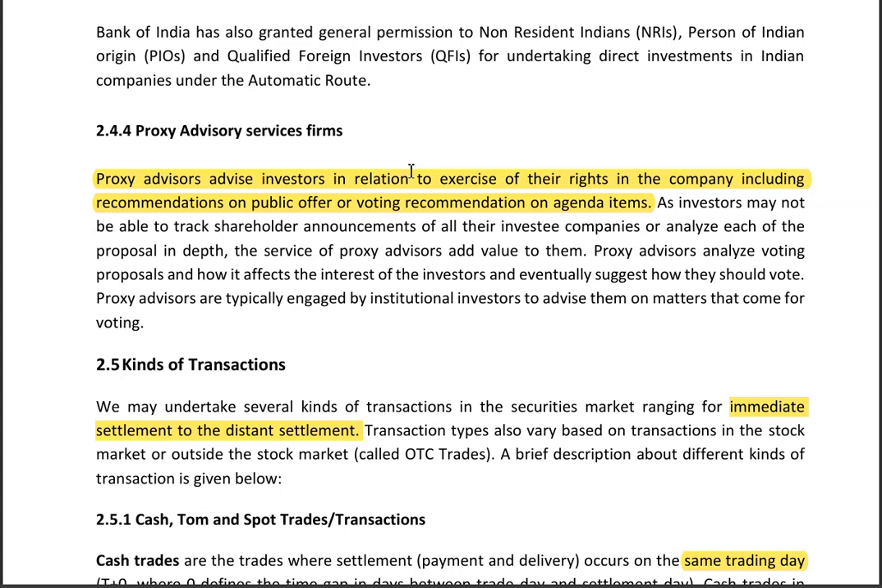Proxy advisory services firms. These proxy advisors advise investors in relation to exercise of their rights in the company, including recommendations on public offers or voting recommendations on agenda items. An investor may not be able to track shareholder announcements of all the investee companies or analyze proposals. The service of proxy advisors adds value to them. Proxy advisors analyze voting proposals and how they affect the interest of investors, and eventually suggest how to vote. Proxy advisors are typically engaged